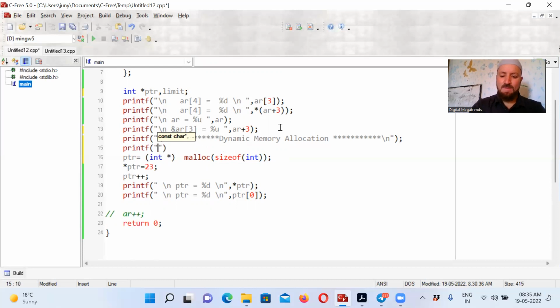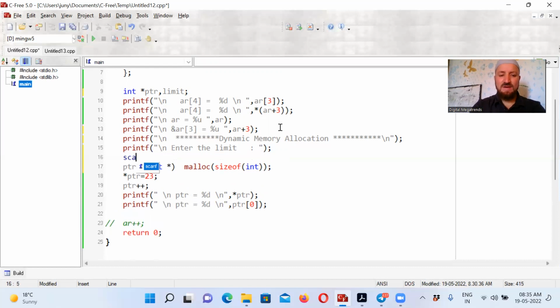Printf "\n enter the limit". He will give a limit and we'll scan that up: scanf "%d" in double quotes, comma, ampersand of limit. Now I know the limit. I will say here limit into size of int. Okay, so malloc